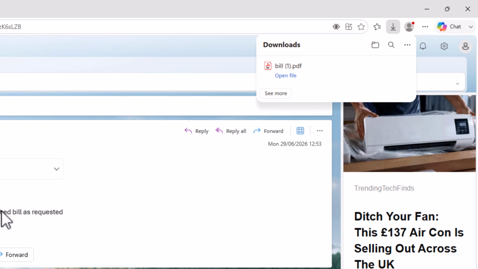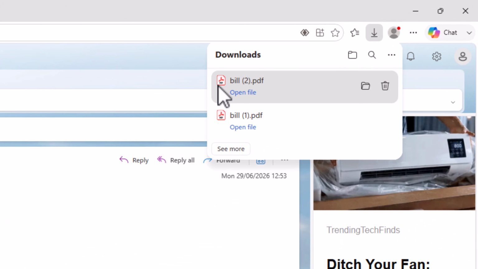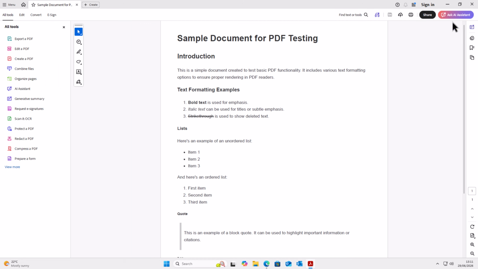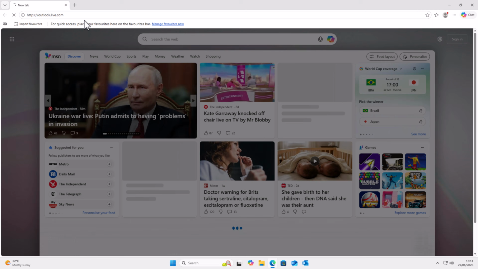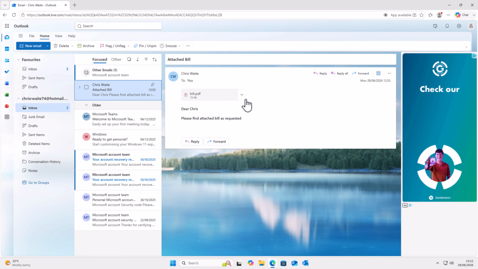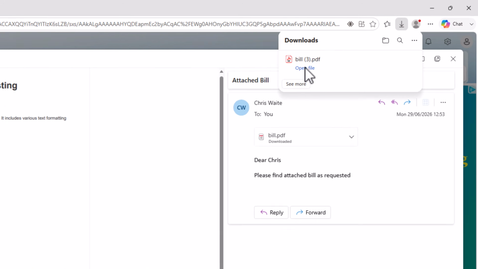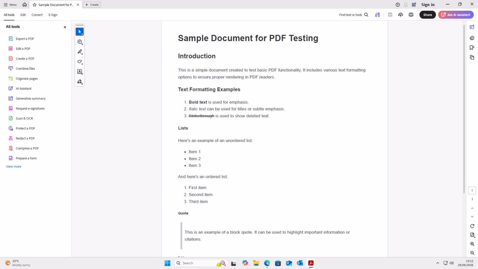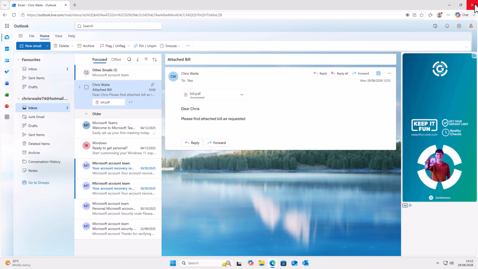So, okay, let's just give you another example. Let's go back to that bill and I'm going to download it again. And this time, you'll see bill, and in brackets after it is the number 2. So it opens up, we close it down, we go off, we do something else and we come back to it and think, oh yeah, I'm just going to have another look at that bill. There was something I wasn't quite sure on there. So let's just check it. So I open up the email again and click on bill and download it. And again, bill 3 has come up. Now, what's happening here is, every time I open it or download it,